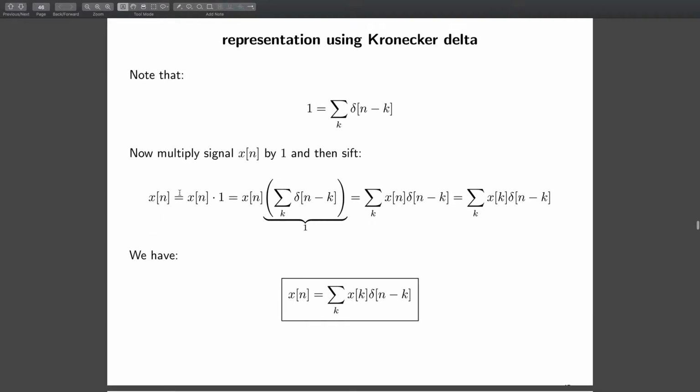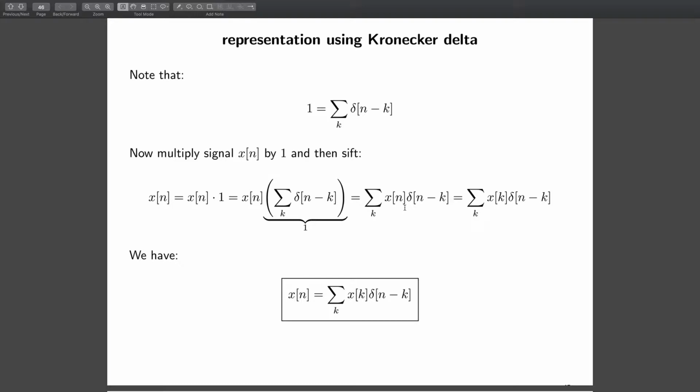So let's suppose x is an arbitrary signal. Let's multiply both sides of this equation by x. So here we're multiplying x by 1 on the left. Of course, that gives us x back. And then here we're multiplying by the sum of this delta function, which again has the value of 1. But what we'll do now is bring x of n inside the sum, because it's not a function of k, so we can freely bring it in. And now we see that we have x times a delta function. Anytime you see x times a delta function, one of the things that you will at least want to think about is the application of the sifting property,